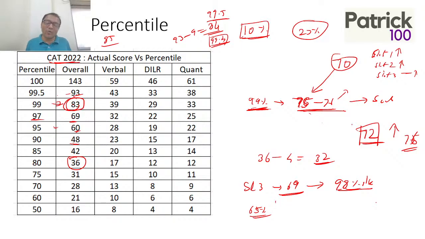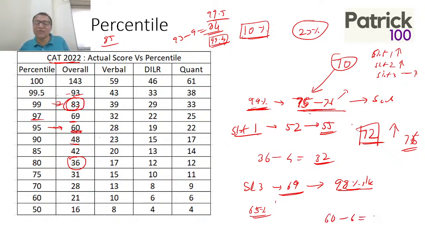And then from there you can calculate your marks. So, for example, if I'm slot 1, I'm giving an example, and have scored, let's say someone said 52. I may scale this up to 55, maybe possible. I mean, just saying possible if I feel it scaling up. So if I feel it scaling up to 55, then I'll go up and see where I will get 55. 95 percentile, 60 marks last year. So this year it will be 60 marks minus 6, 54. So I can expect around 95 percentile with a 52 slot 1 score, approximately. Okay, it's possible to score a 95 percentile.